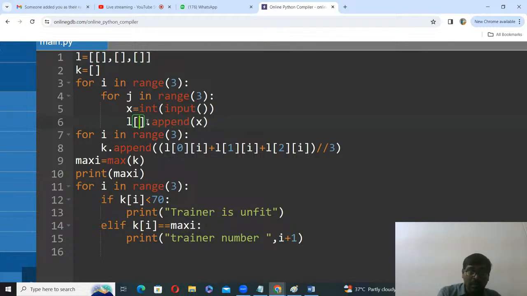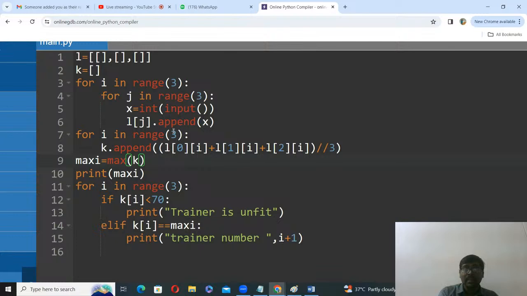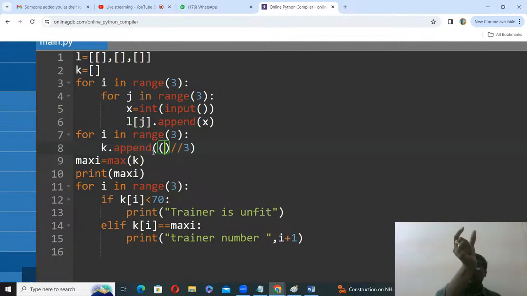For example, if I used the statement like this, what happened? The first array, that is this first one, consists of all trainer 1 information. In this trainer 1 information, it is easy to calculate the average. I will arrange it. How do you get it? The first box is there, calculate the average of the first element. How? Simply